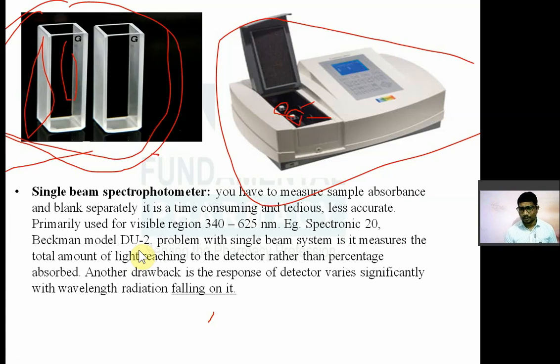So single beam spectrophotometer, you have to measure the absorbance of sample and blank separately, and it is a time consuming process, less accurate, tedious process, and it is primarily used for the visible region। ठीक है, single beam spectrophotometer, so इसका example है Spectronic 20, Beckman model DU2। Okay, the problem with the single beam system is that it measures the total amount of light reaching the detector rather than the percentage absorbed।